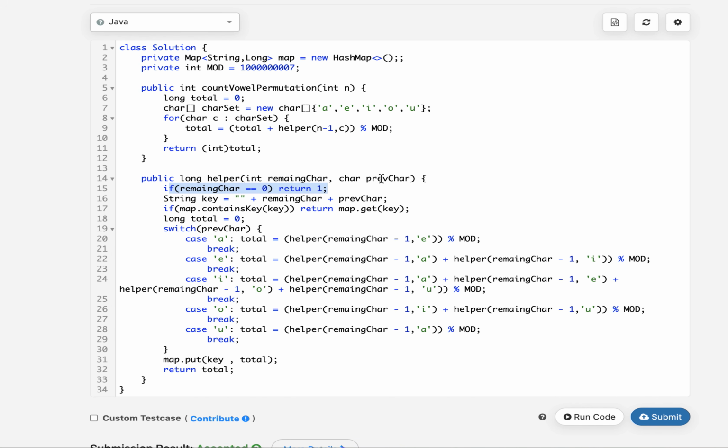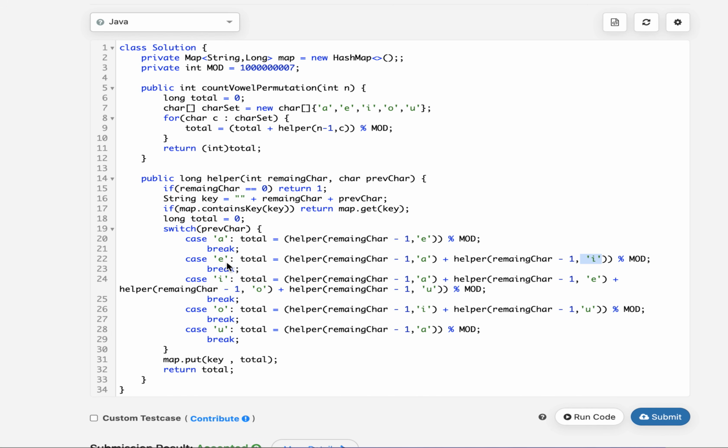Otherwise, let's forget these two statements for a second. I will check what my previous character is. If my previous character happens to be an A, I will invoke the helper method and use the next character as E, as my rule stated. The remaining count of characters gets reduced by 1.